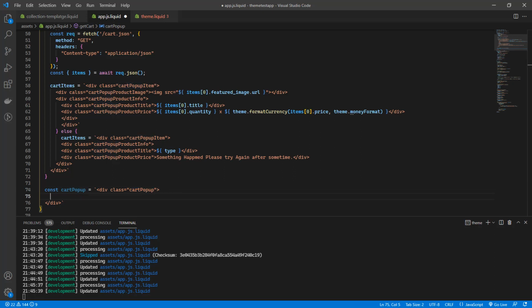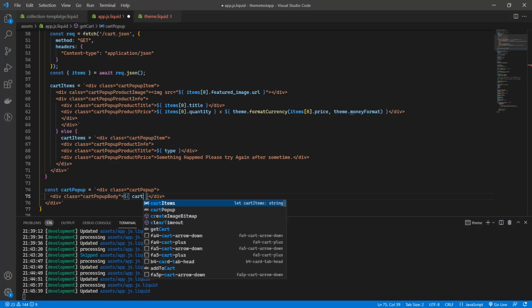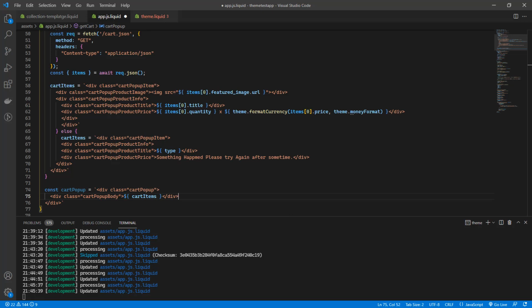And then next thing is div class body, and in body there will be our cart items, and there will be a footer, footer sorry,